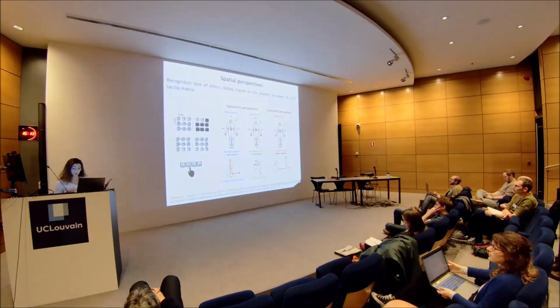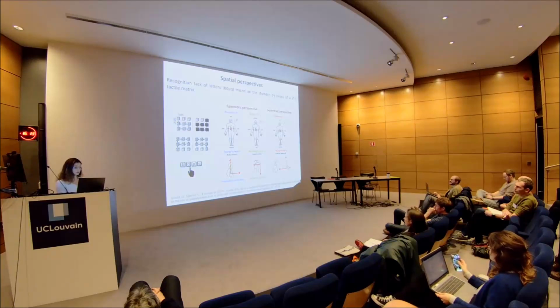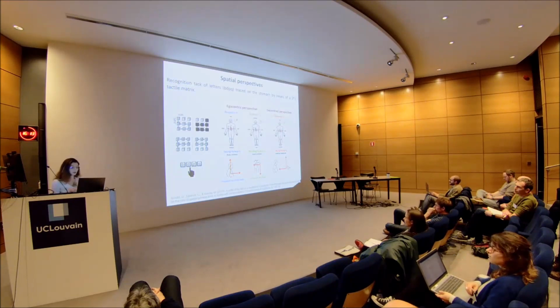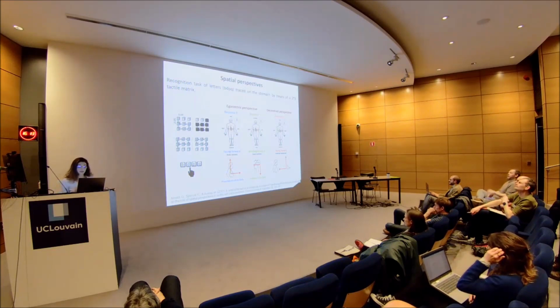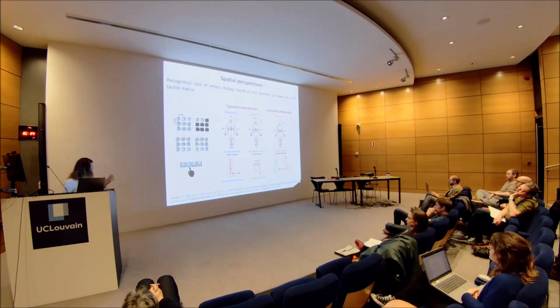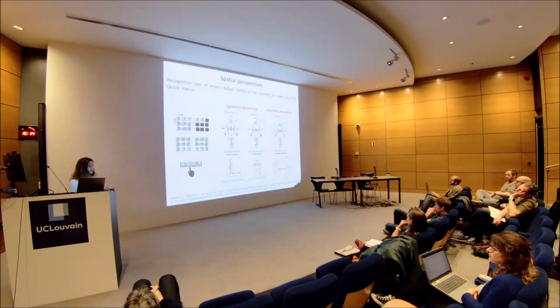And then the participants are presented with the letters, and they have to report using a keyboard which stimulus they perceived, and the answers they give allow us to infer the adopted perspective. So for instance, let's say that the letter B from my perspective in front of you is traced on your stomach. If you perceive a D, this means that you took a trunk-centered perspective. If you perceive a Q, you took a head-centered perspective, as if you were bending to see your stomach. And if you say it's a B, then you adopted a decentered perspective, here my perspective.